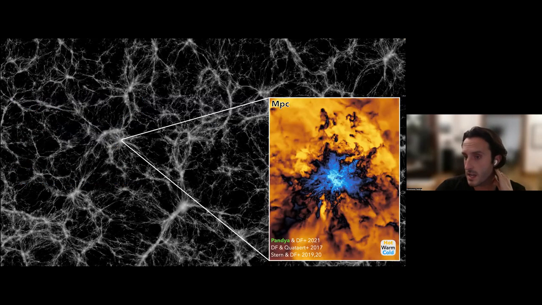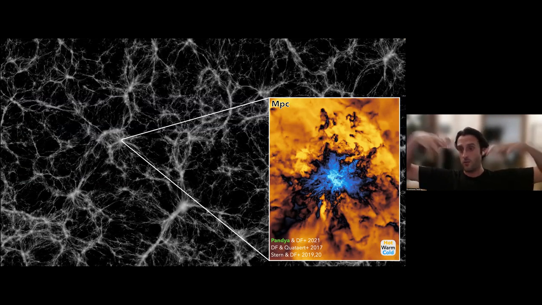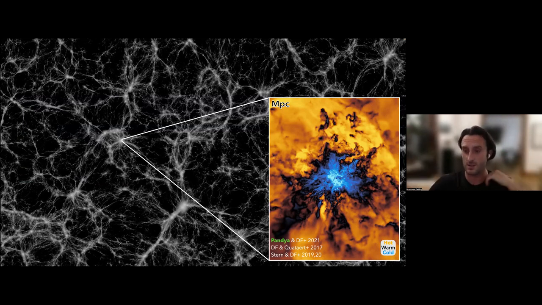But when we look in the gas filling the halo, which is what I'm showing here, which happens on scales of a megaparsec, which is about 3 million light years, there's highly multi-phase gas, this same hot, cold color map here. And you can see there's all kinds of rich dynamics on large scales, which comes from the driving and accretion onto the system from large scales, which is driving turbulence, heating the gas, doing lots of things.